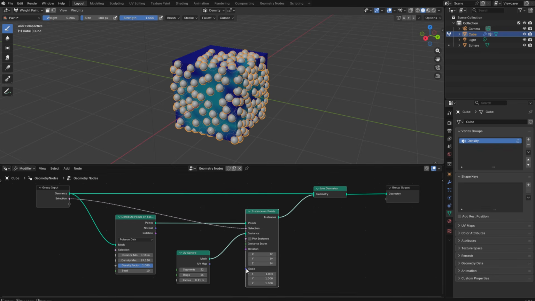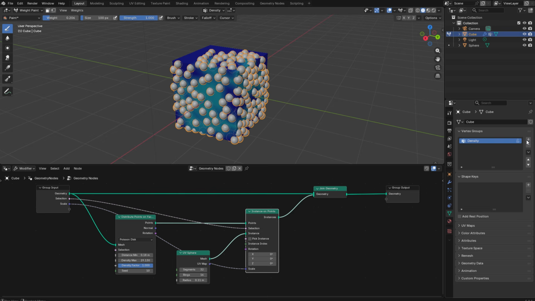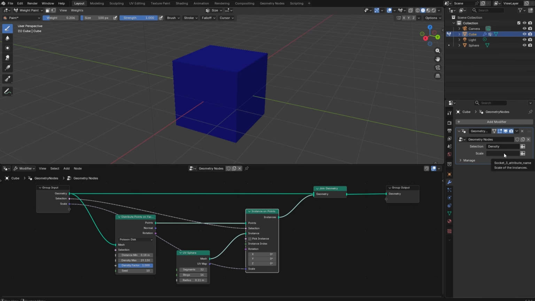So let's take the scale output of the instance on points node, and I'm going to expose that as a parameter in the group input. And as soon as I do that, of course, the scale appears here in the modifiers panel. So let's go back to our vertex groups, and I'm going to create a new one, which I'm going to call size. And then if I click on this icon again to drive this scale parameter with the size vertex